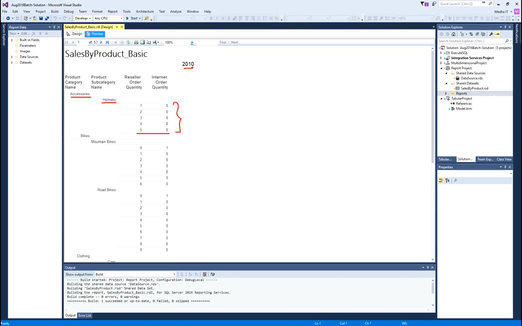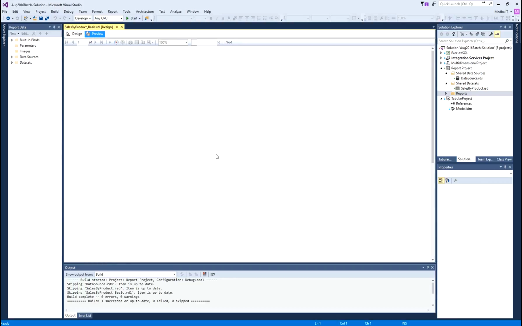So those are the three options we had for the tabular type. Okay, and since we haven't selected drill down, we haven't selected subtotals, they are not showing here. Okay, so this is the plain report.